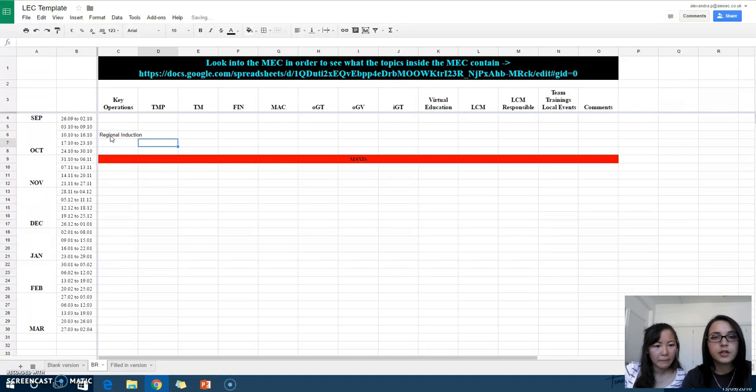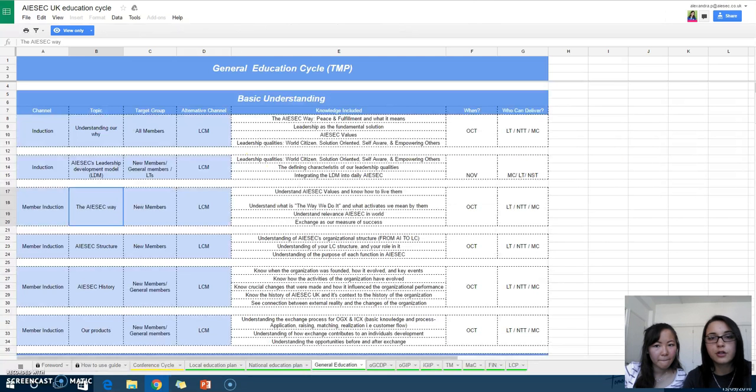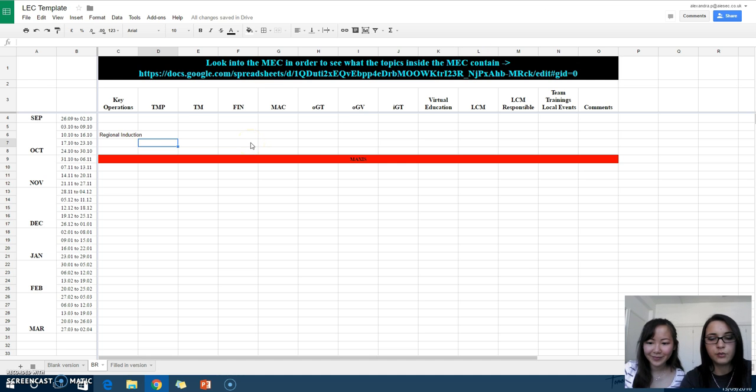cool. So then we're going to go here and look for general knowledge, and let's put here that you need to make sure that you're not overlapping, in your local education cycle, what is going to be delivered inside the regional induction. So put here what's not going to be covered there, and mainly we're going to put here our products, because this is not going to appear inside the regional induction.